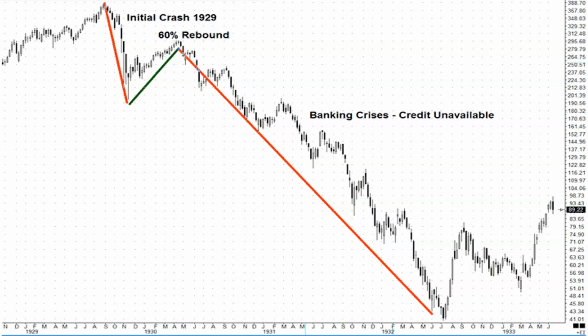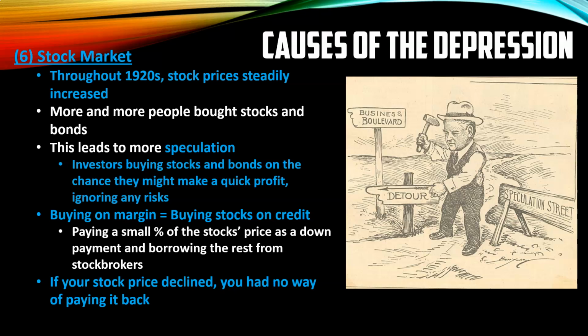tariff. All right. Here's a look at just a chart of the initial crash, and this is the stock market, and it basically shows the banking crisis where prices are just deflating. The big thing you need to understand here is the negative trend in everything of value. Now, the stock market itself, and this is, I think, what we learned the most about.